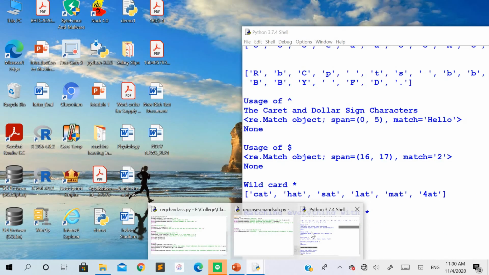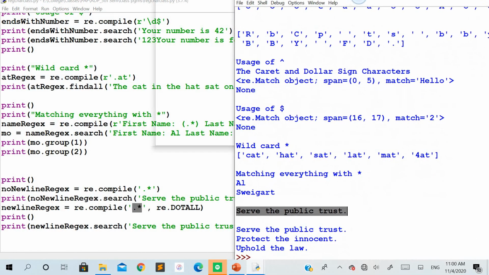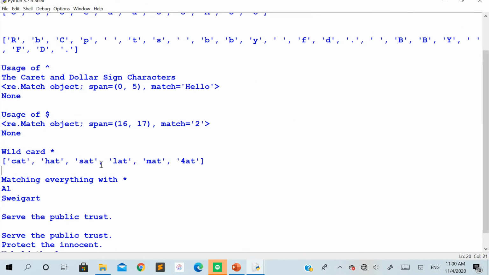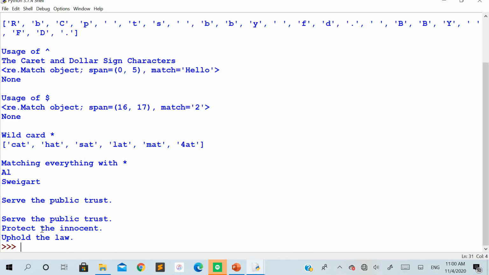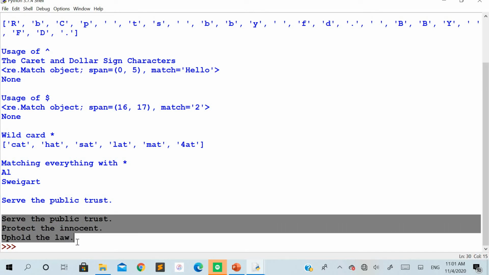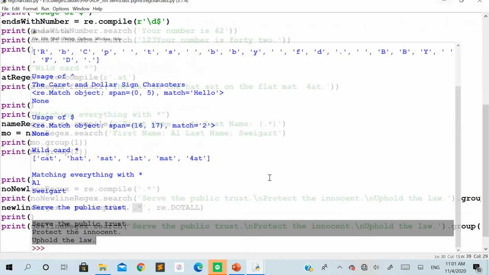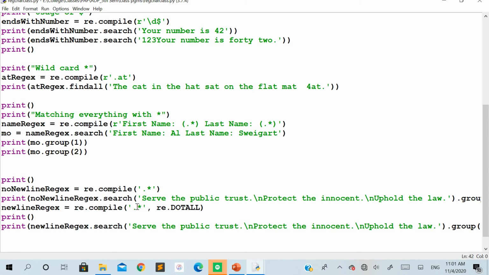So in this case, you can see the output that you get for the next example, where the entire input string is extracted even while considering the new line characters. As a result, you are able to display it with the new lines here. So the point here is, if you want to use this dot star to extract any number of occurrences of any character from the keyboard, even including the new lines, you have to specify re.DOTALL as a second parameter for this compile method.